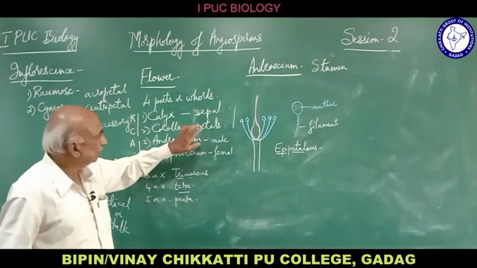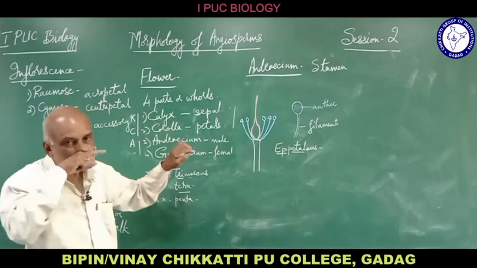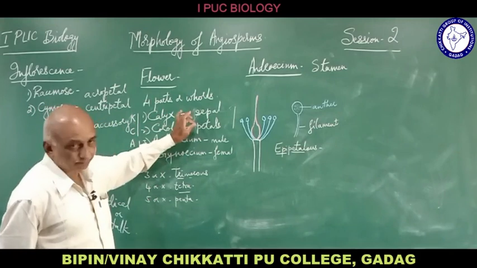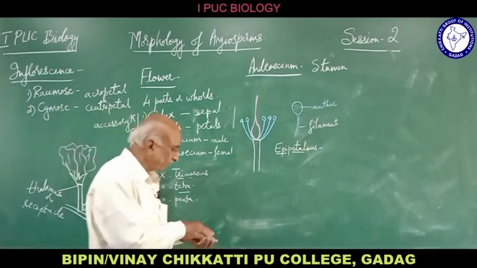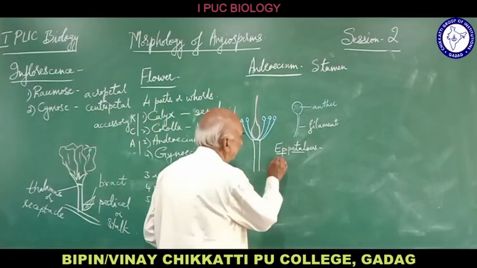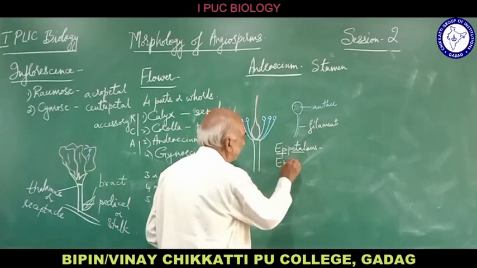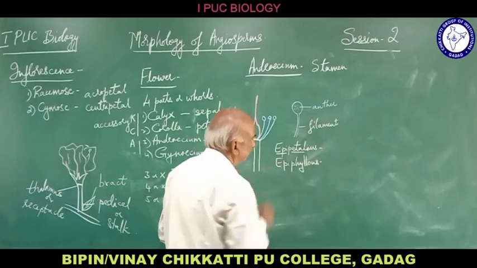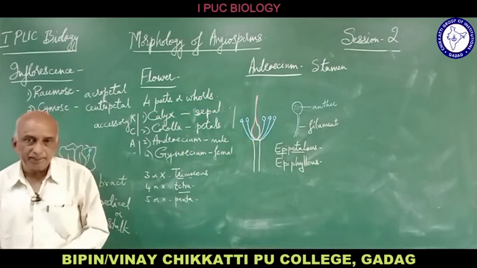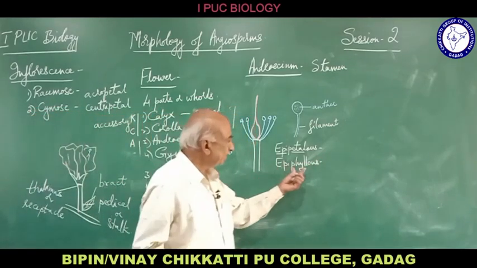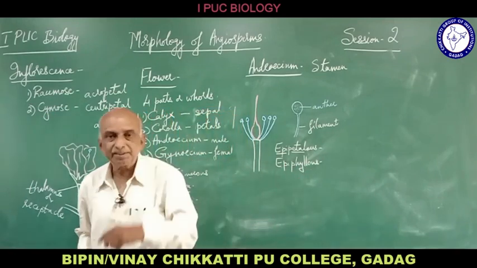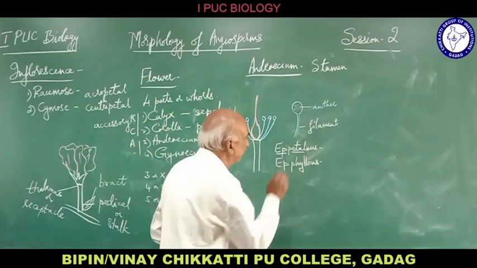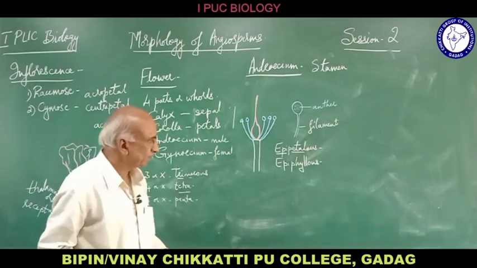So already I mentioned, when the calyx and corolla are not clearly differentiated, when the sepals and petals are fused, that is called as petal tepals. So when that is the case, it is called as epiphyllous stamens. Epitepalous it is not referred as, instead it is referred as epiphyllous. So the stamens are born on the tepals. Such stamens are called as epiphyllous stamens.